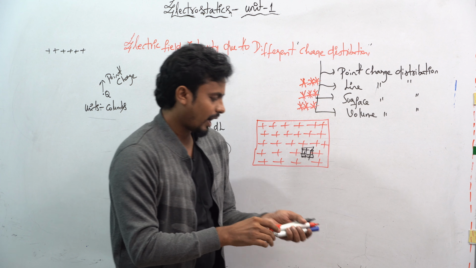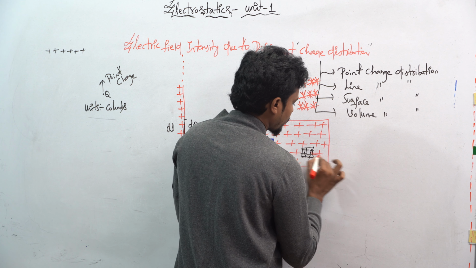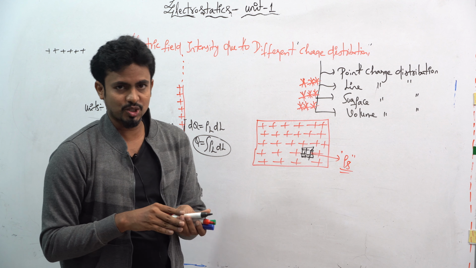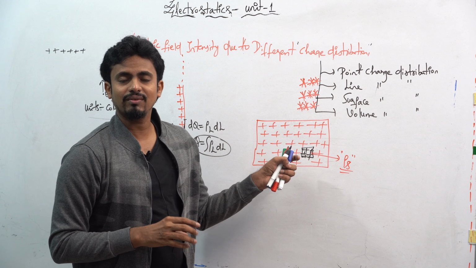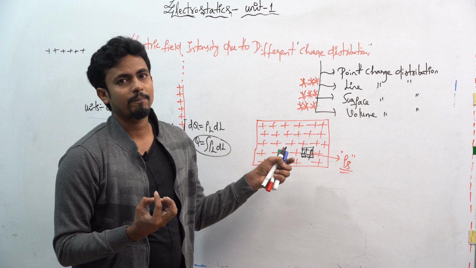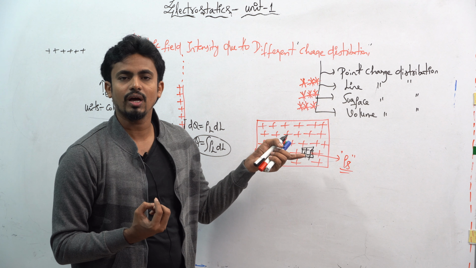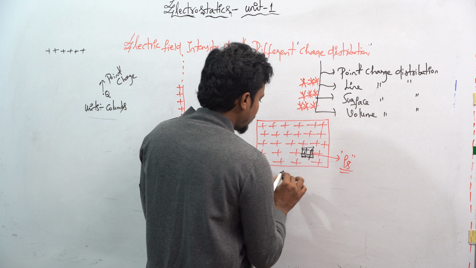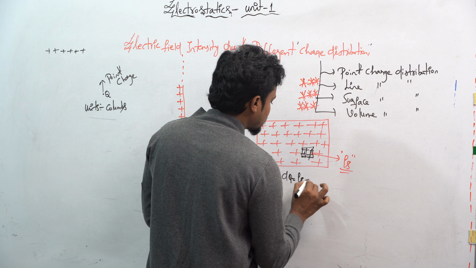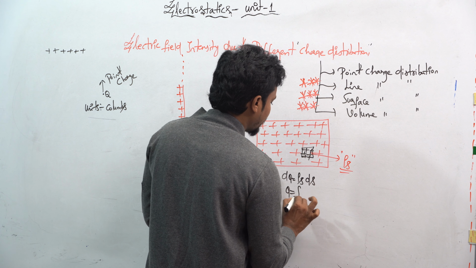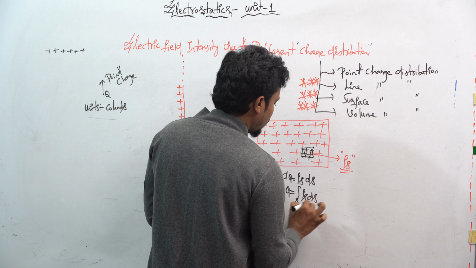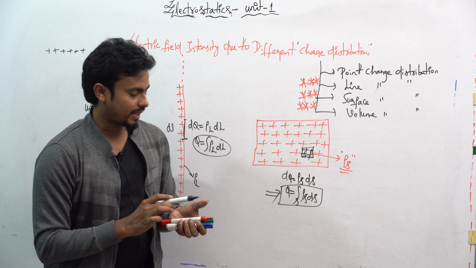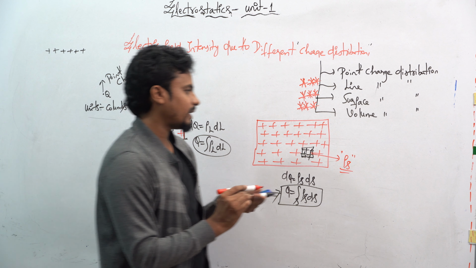So this is the full board. I will take a small one for that. So this will become the rho s. So if you want to calculate the small charge in this board, then whatever small charges we get in the board, you have to apply the integration over it. You will get how many full charges are present in the board. That's my target. So here dq is equal to rho s into ds. So q is equal to integration over s of rho s into ds. This is my surface charge distribution.